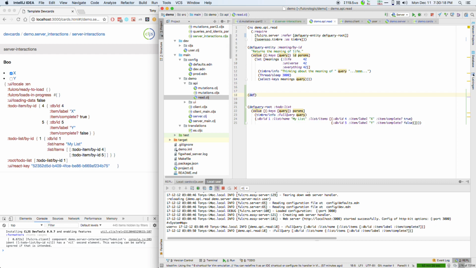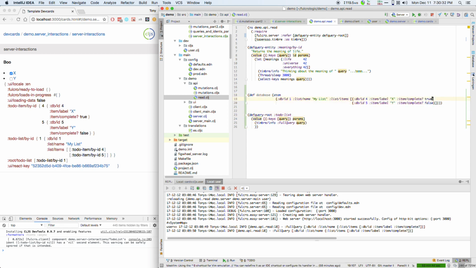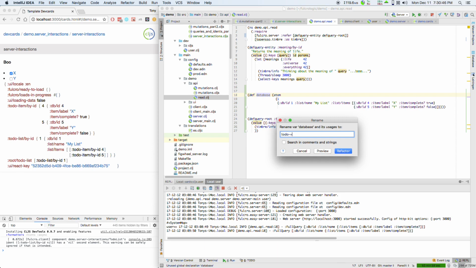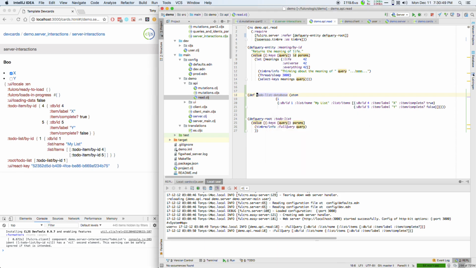Hot code reload really does reload on the server, so our database will just get wiped out, but our database is an atom that contains this map, and maybe we'll go ahead and normalize it like we do on the client side. So this is our to-do list database on the server. It's nothing more than an atom that's holding a map keyed by the IDs of the to-do lists, and then let's go ahead and